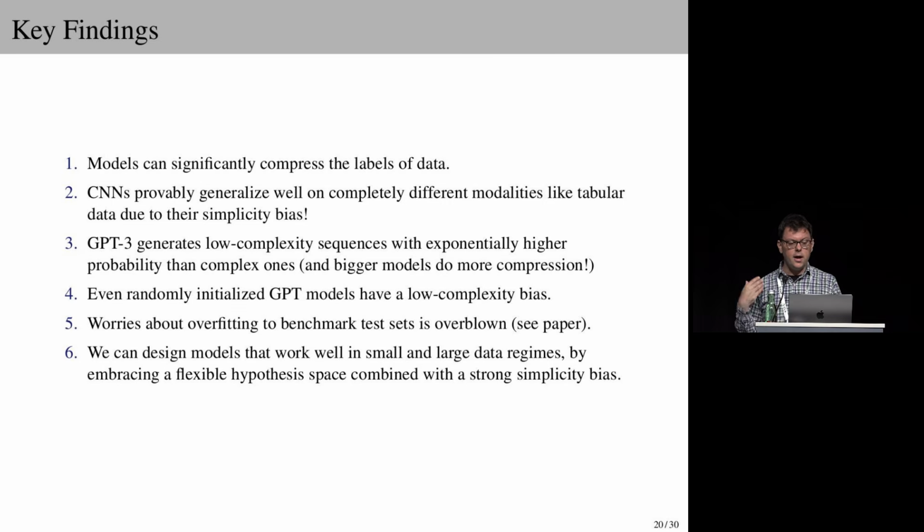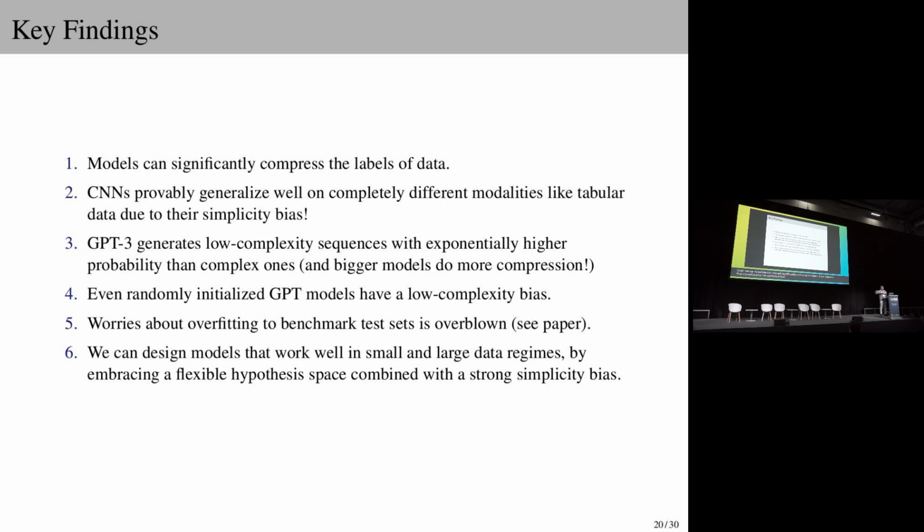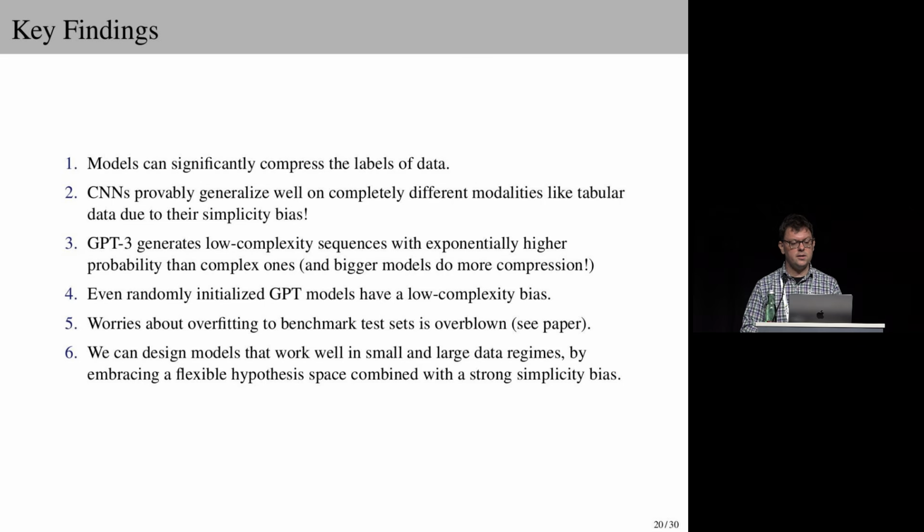So these include that these large neural networks can indeed significantly compress the labels of our data sets, that convolutional neural nets, which were designed clearly for a specific type of task, image recognition, they have biases like translation equivariance, for instance, and locality, actually provably generalize well on completely different modalities of data, like tabular data, just due to this simplicity bias. That GPT-3 and by extension other large language models have a strong bias for low complexity sequences